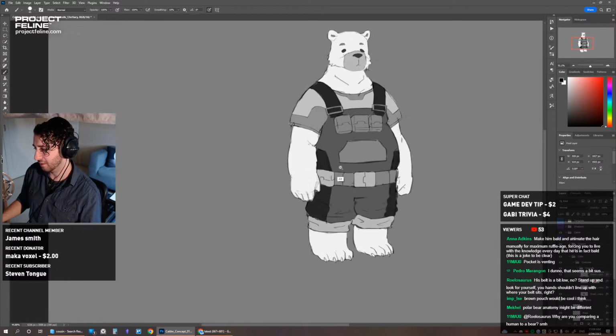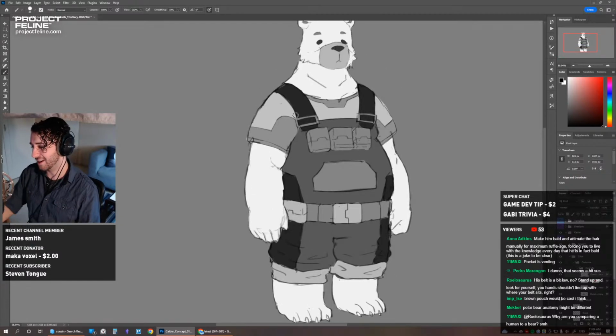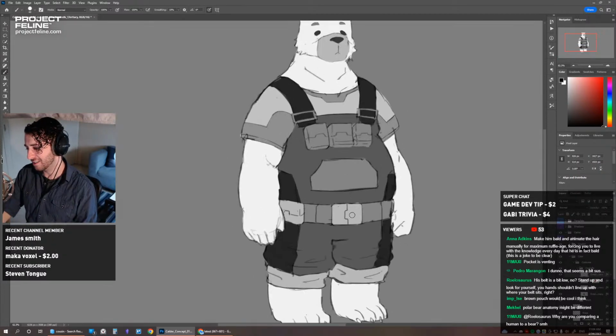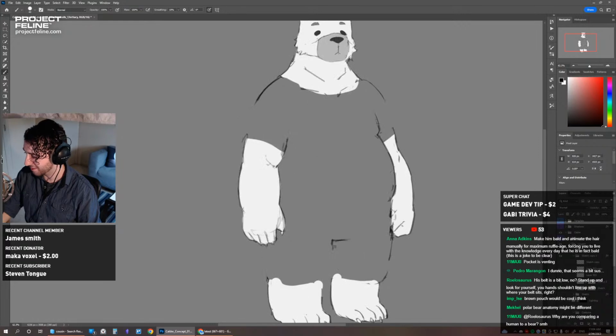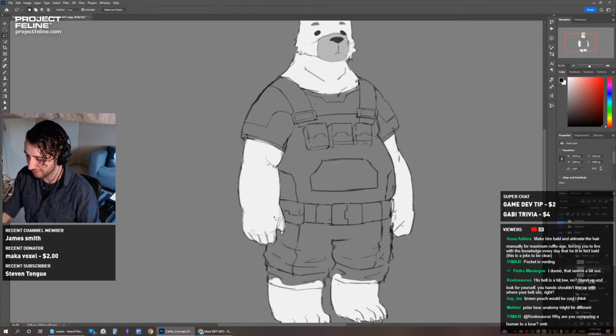His belt is a bit low. Well, we did have it higher. Oh, you know what? I think we had it higher before, but it was too high because of his belly. So I think it does need to go up just a little. Yeah, hold on. I might have to move some of these. It's going to be a little tricky, but hey, it's much better doing this digitally than by hand on paper.